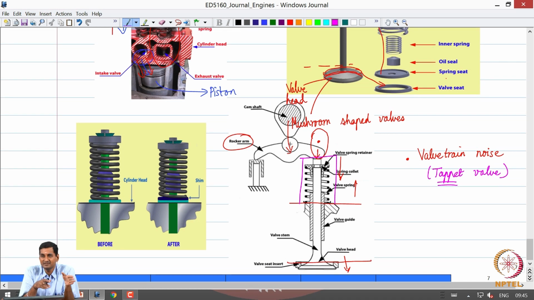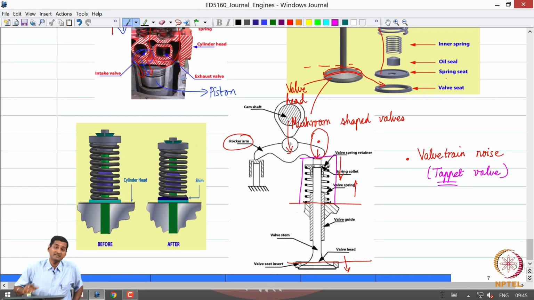10 millisecond also is going to decrease. So in other words, if you increase the speed, the time available is going to decrease. So what happens is that you need some response time. See, as we also learned from our dynamic systems course, even if you have a mass spring damper system, there is a rise time, there is a response time and so on, right, things do not close immediately.